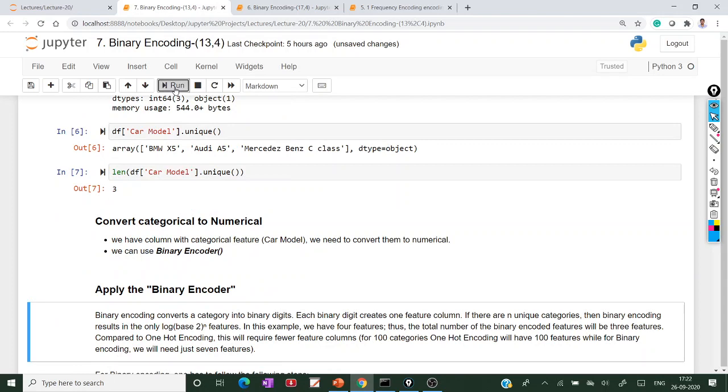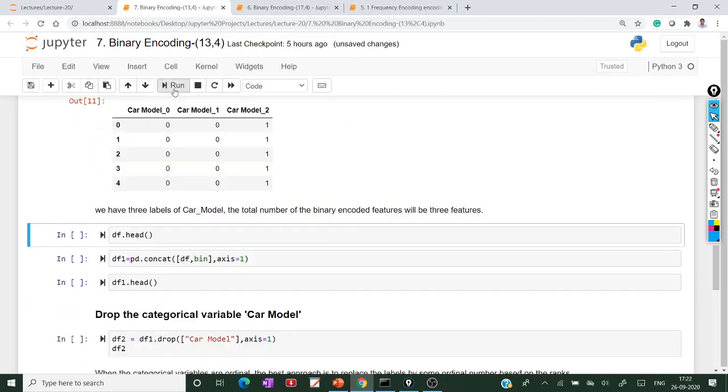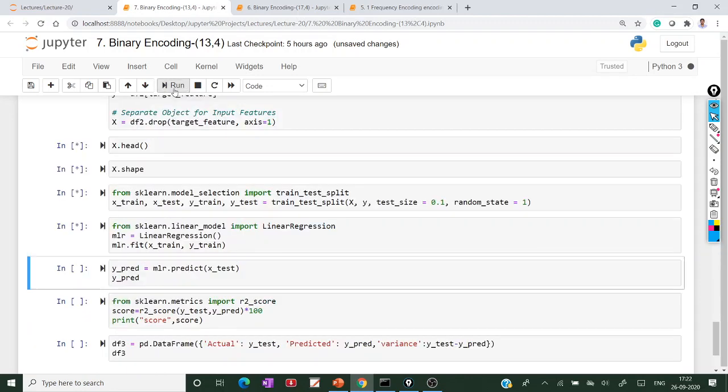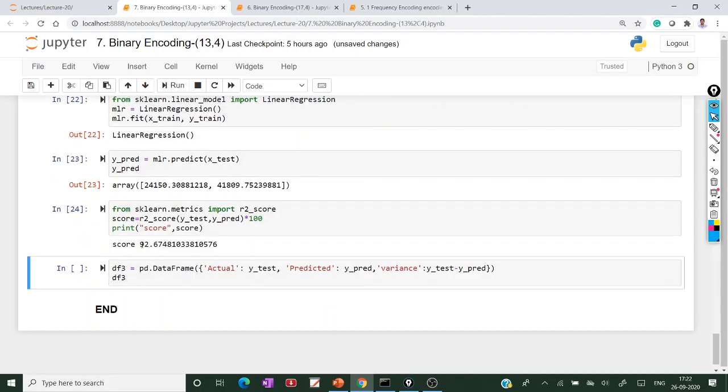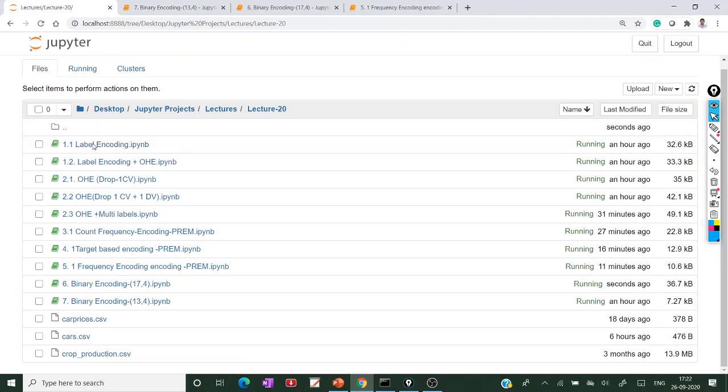I'm applying the binary encoder. So this is converted into the binary encoding. You got the same 92.67. Before, I applied the label encoding with one hot encoding, so I am also getting the same result.